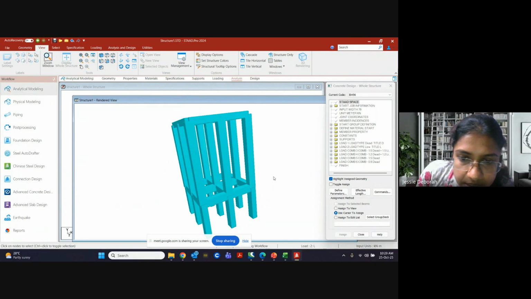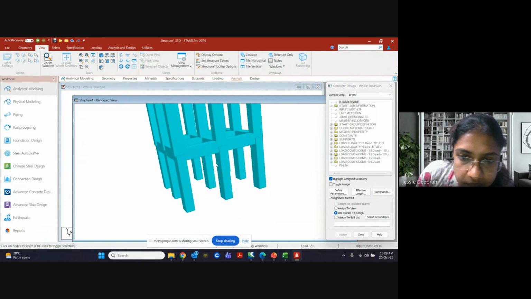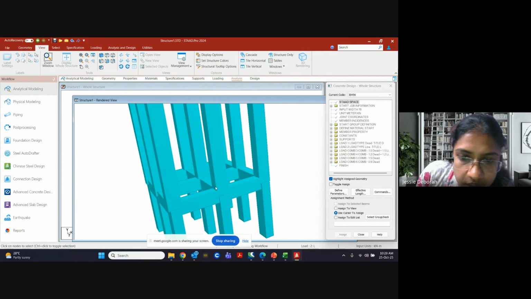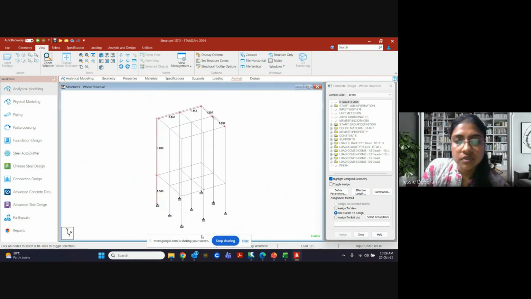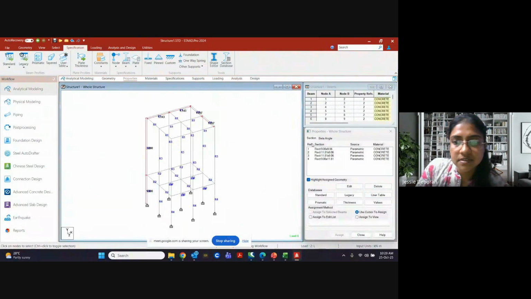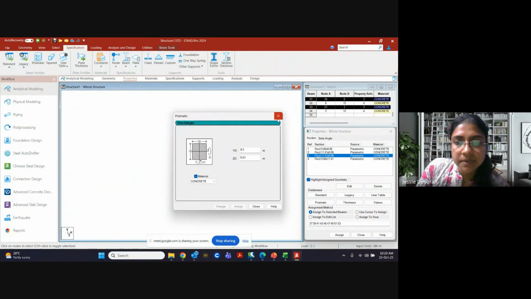But do you see something? This column and this column have a different structure. So we will see properties. 230 by 300.